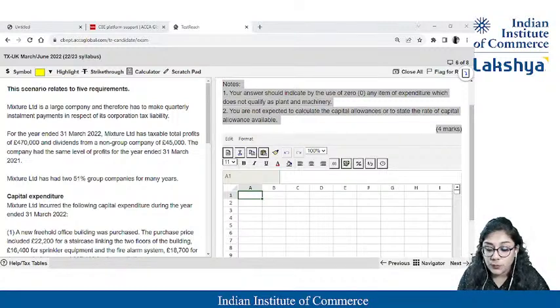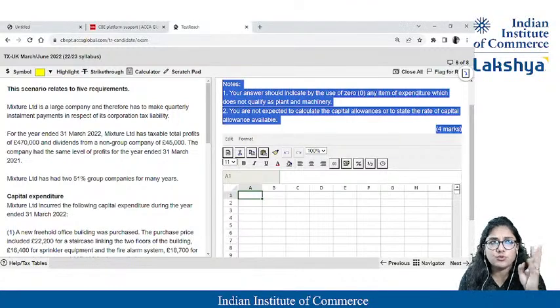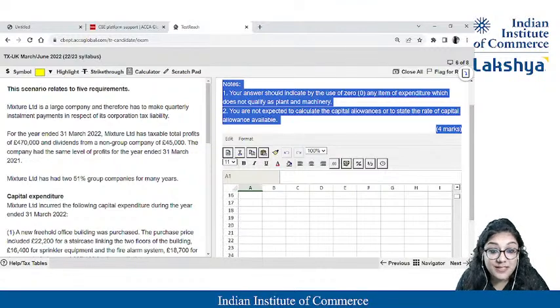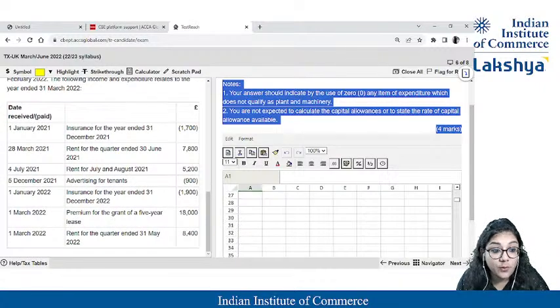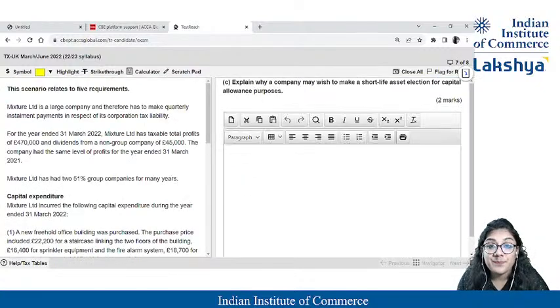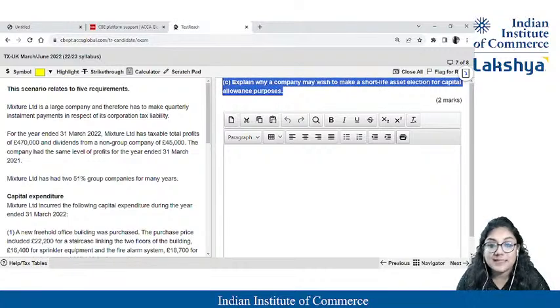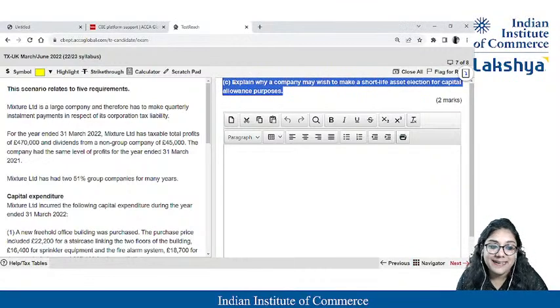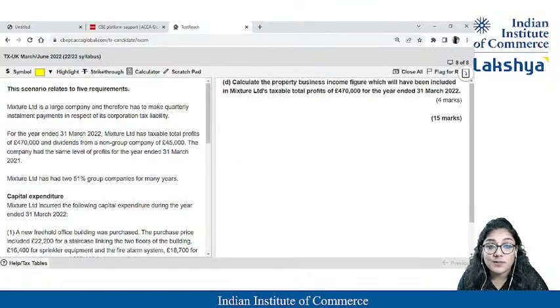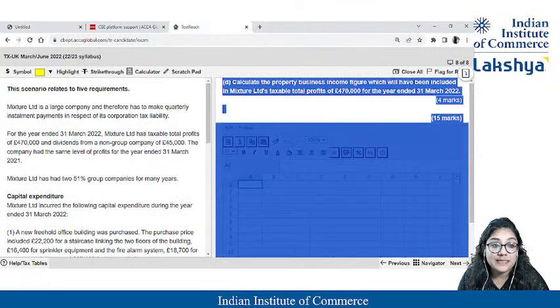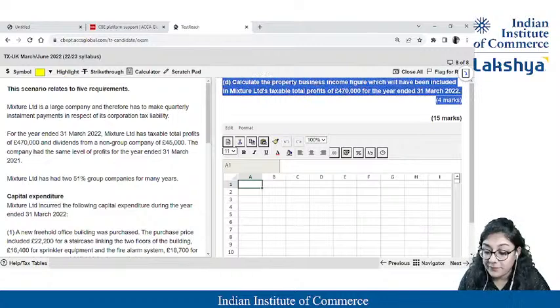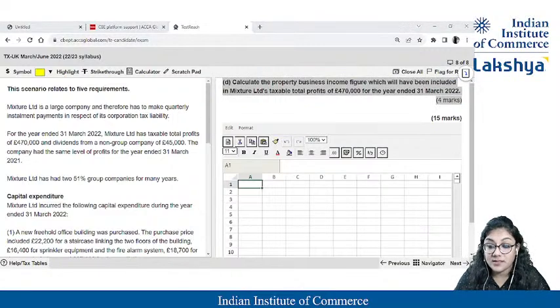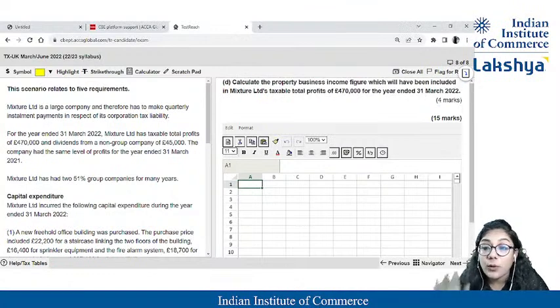So if we check 2, 3 and 4, how many marks is it? 9 marks. It is already 9 marks, students. If I go forward with the next situation, I am provided with again 2 marks. Just imagine how short the questions are being asked. Isn't it cool? Let's check out the next question also. Over here the D question has been tested, and with this we complete 15 marks. Students, with this we complete 15 marks. So I analyzed it: with only one case scenario we are at 15 marks.